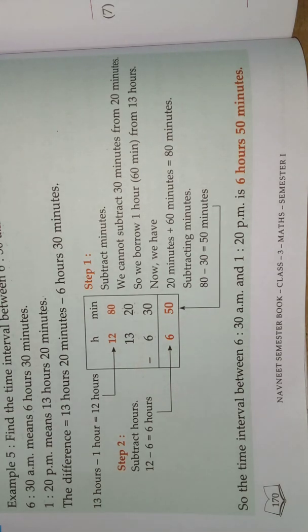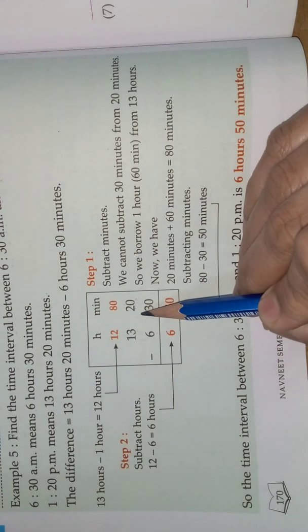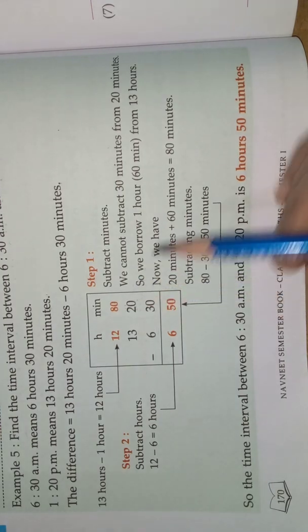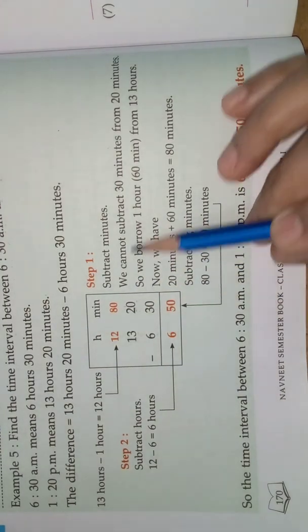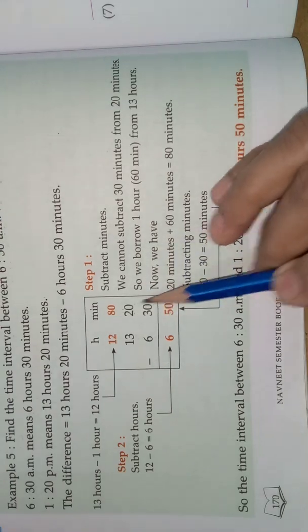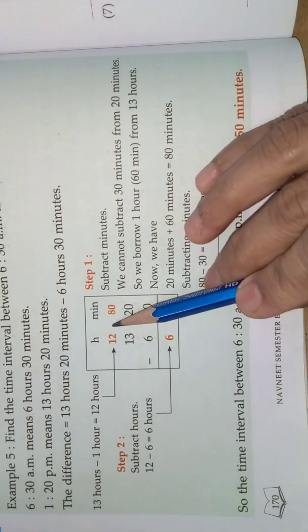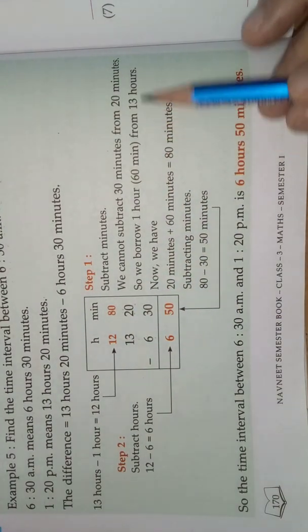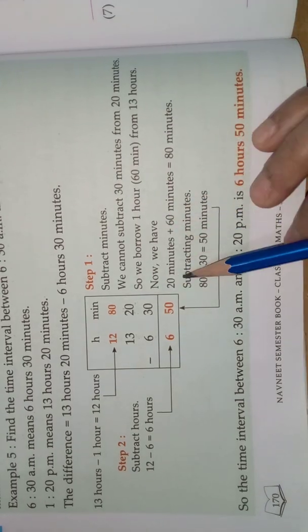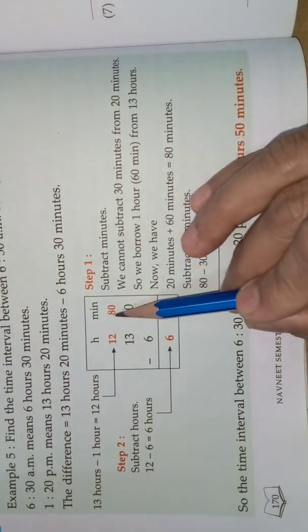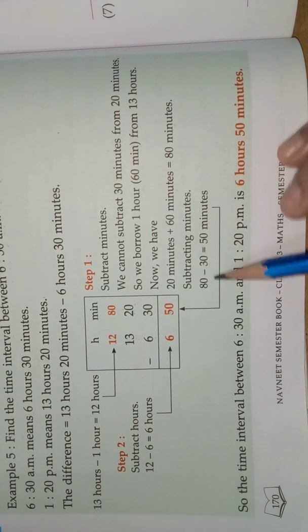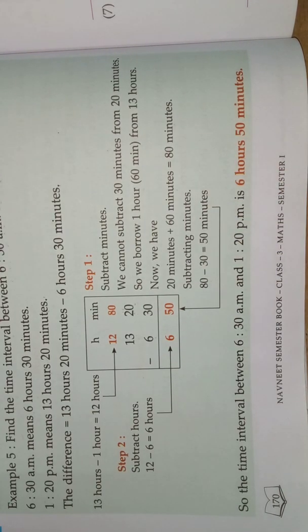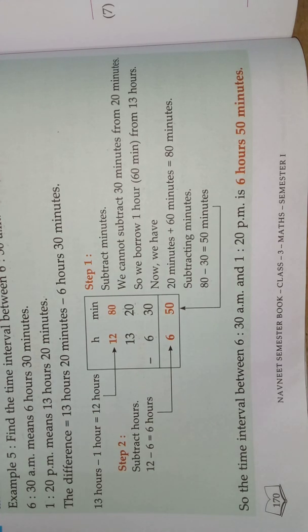Okay. So, if we are borrowing 1 hour, here 1 hour means 60 minutes. So, 60 minutes, and the minutes we already have, we should add to it. See, we cannot subtract 30 minutes from 20 minutes. So, we borrow 1 hour, that is 60 minutes, from 13 hours. So, now we have 20 minutes plus 60 minutes, that is 80 minutes. Okay. Subtracting minutes: 80 minus 30, 50 minutes. Okay children, understood? Come, we will go to the next page. Assignments are